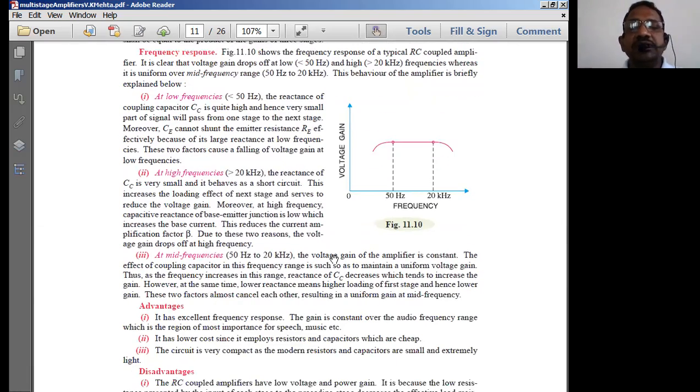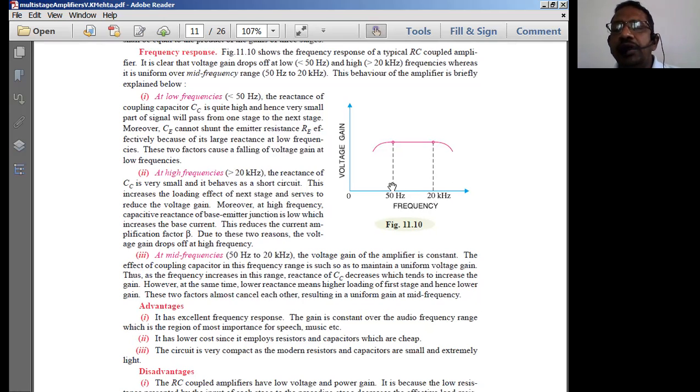And we simply discussed the gain frequency response of this amplifier, where we got a reasonably flat frequency response. The lower cutoff frequency is going to be 50 Hz, and the upper cutoff frequency is going to be 20 kilohertz. What is the difference? This is going to be quite low. 50 hertz is very, very less than 20 kilohertz. If you approximate it to zero, approximately we can say 20 kilohertz is going to be the bandwidth.